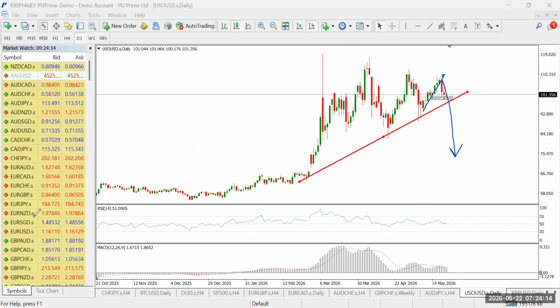Now, take note, I did not say place a sell trade now. We are waiting for the outcome of the dialogue between US and Iran. And once price breaks, and if you want to trade it technically, you can see the trend line I've drawn. If price breaks out below the trend line after news suggesting that the war is over, then you are free to trigger a sell. There'll be a massive sell on the US oil.